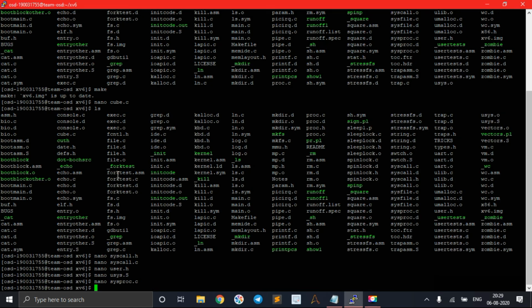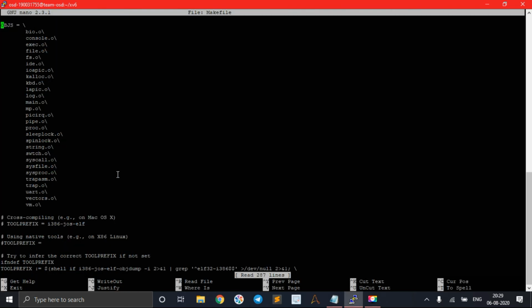Next, after writing this also, we must make the last change, and the last file is the xv6 Makefile. This is our last file where we will provide some changes.